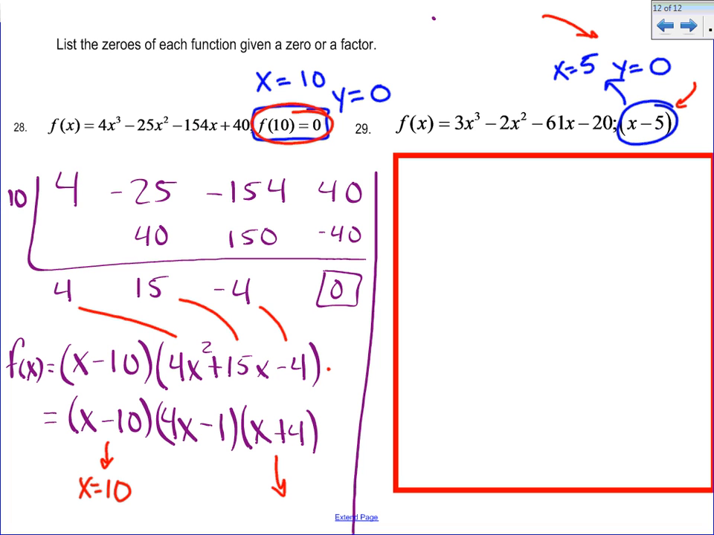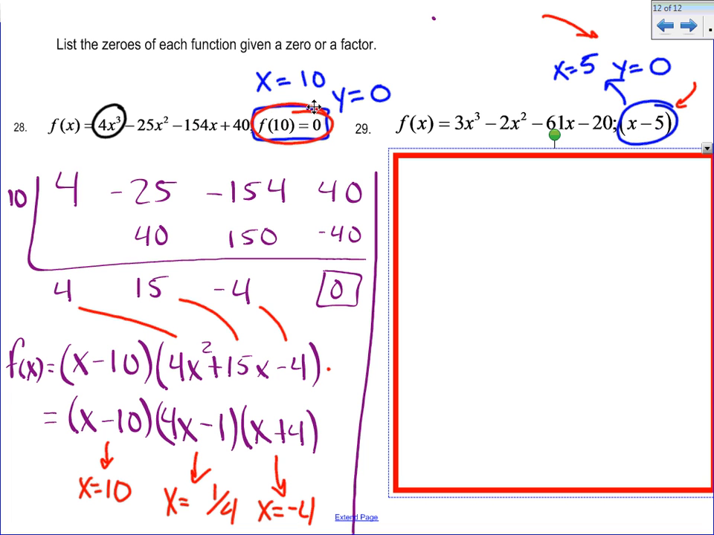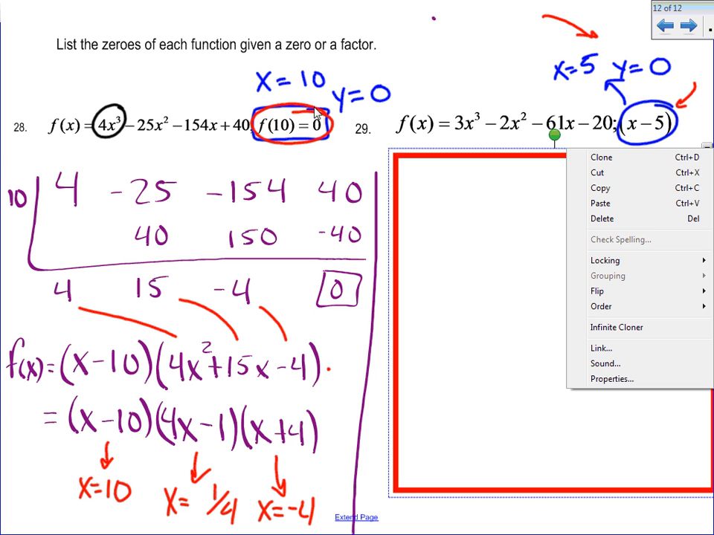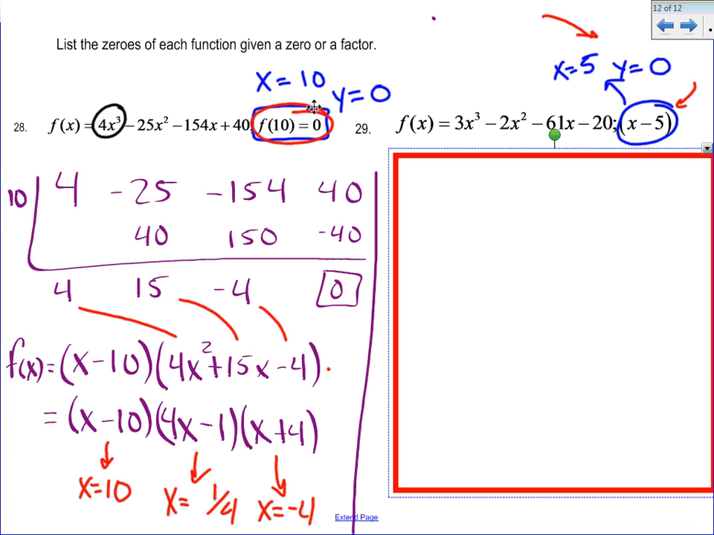From the right set of parentheses, I get x equals negative 4. And from the middle set of parentheses, I get x equals positive 1/4. So those are my 3 zeros. Remember, the fundamental theorem of algebra tells me I can at most have 3 zeros because my polynomial is of degree 3. So I found them all. All right. Now, I went through and I did the same thing for